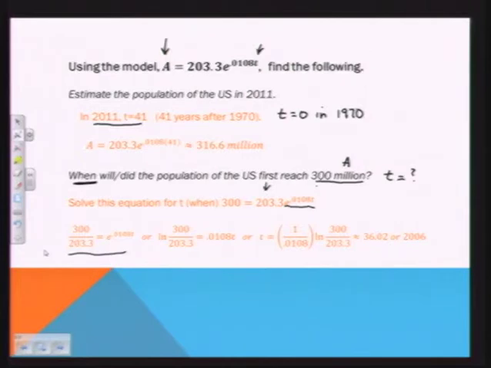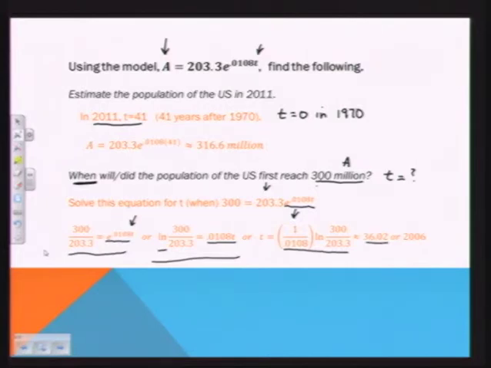But I can get t out of our exponent if I'll take the natural log of both sides. But remember, the natural log of e to any power is simply the power. Hence, this equation is what we will have. And to solve for t, we simply divide by 0.0108 or multiply by 1 over 0.0108. And when you put that in the calculator like we did before a few minutes ago, you will get